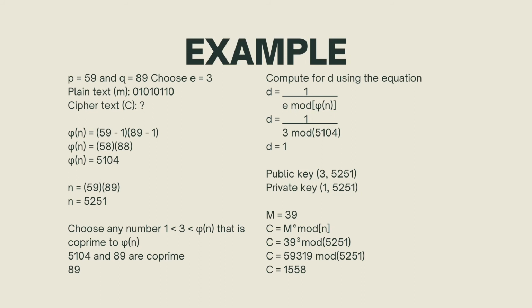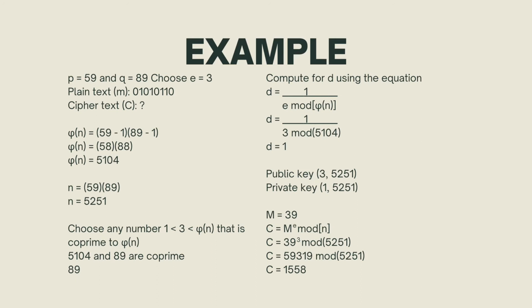So first, we must solve for phi n, which is equal to 59 minus 1 multiplied by 89 minus 1. We will receive 58 times 88, which is equivalent to 5,104. After that, we solve for the n, which is P times Q. So, plugging in the values, 59 times 89,